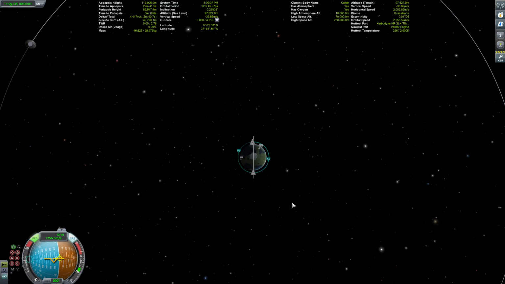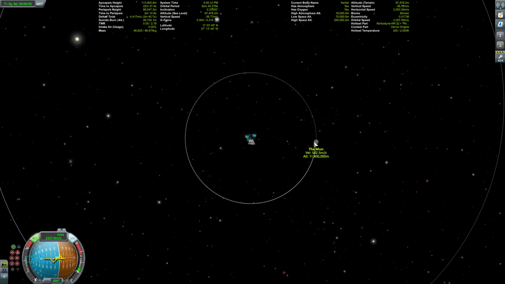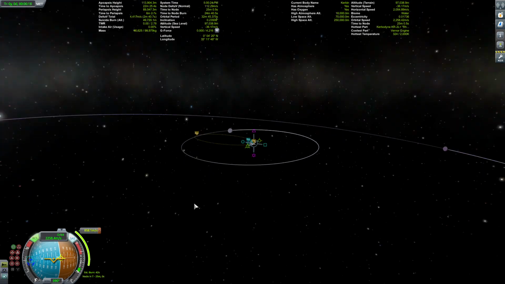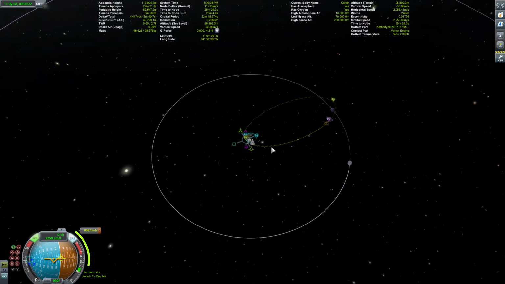Now, the easiest way to get to the Mun, I just eyeball it. So you see we have the Mun right here. We'll come in. We want it to be at a 45-degree angle from the Mun and above. So we're just going to sort of adjust it. And then you can adjust it a little bit more. So by getting to it, and then you'll just move. And then there, we have a Mun encounter.